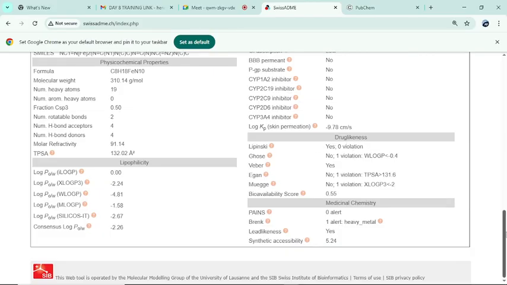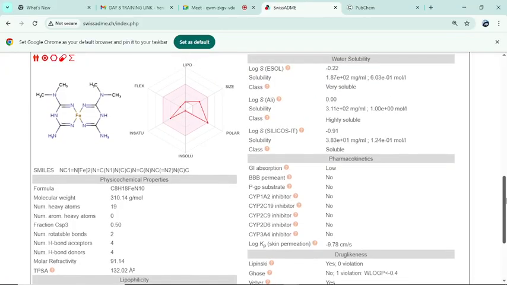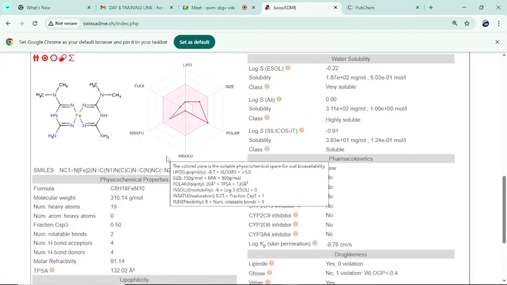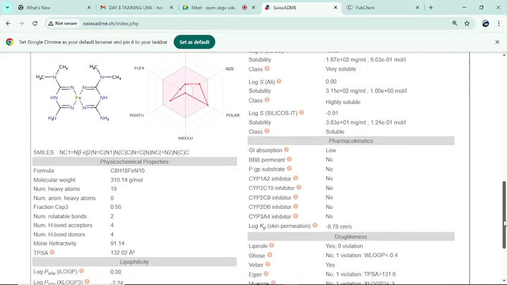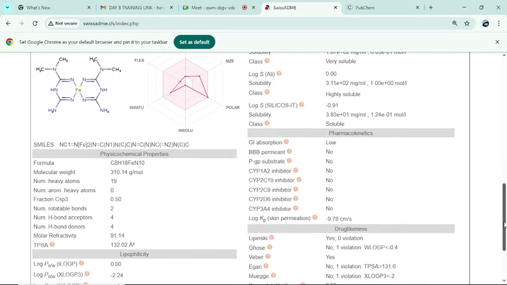So it all depends on, and if you look at this place, this is called the BOILED-Egg. Although I will still come to this part in chemoinformatics to explain about these things, I just want to show you that as a beginner you can start developing